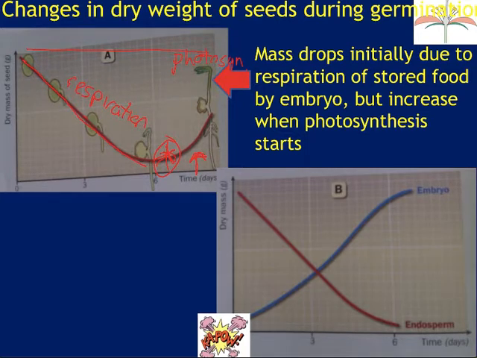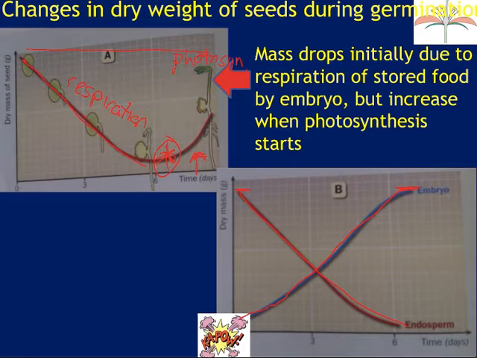So in our second graph, we have the mass of the embryo is this line, and the mass of the endosperm is this line. Why over time are we getting one increasing and one decreasing? As it's using up the stores of the endosperm while it's growing. Yeah, so that's the first thing. And while your endosperm started up here, your embryo ends lower than it.